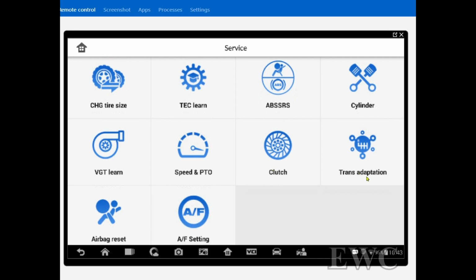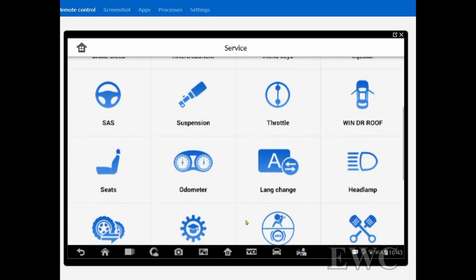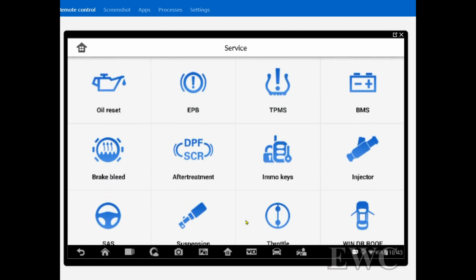Clutch, transmission adaptation, airbag reset, air fuel setting. Is this? Could be, don't know. But you see, there's a lot of extra stuff than you would get with a level 2 scan tool. This is a level 3, and if I had the